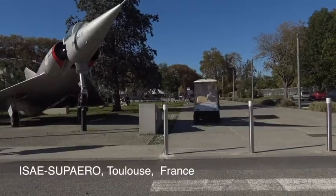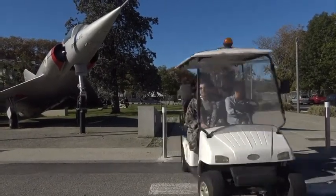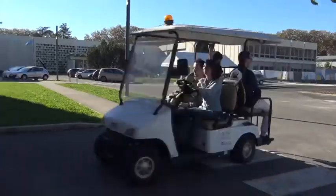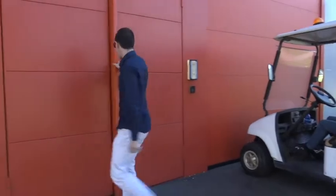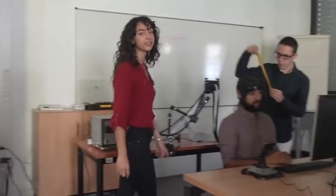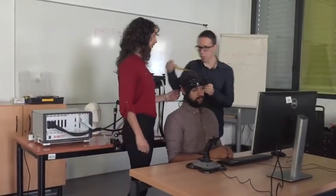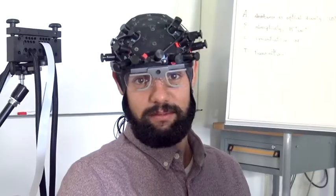Here at ISAE-SUPAERO, we are concerned about aircraft safety issues and we intensively use NIRx fNIRS devices in our experiments. One may ask, why are we using this tool? The main purpose of NIRS is to measure cerebral activity. A great advantage of NIRS is that it can be easily coupled with complementary measures, such as eye tracking, electroencephalography,